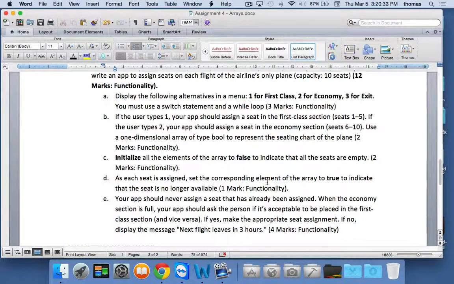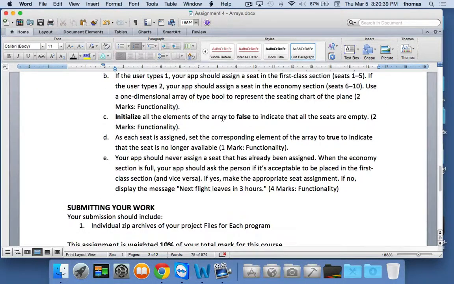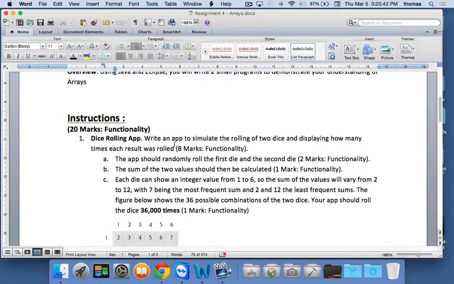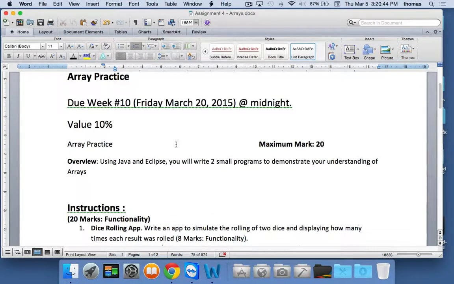If yes, make the appropriate seat assignment. If no, display the message "next flight leaves in 3 hours." 4 marks. So at the end of the day, you need to do both these little apps. All right, I want them to be separate. I don't want them to be in the same project, right? So basically 2 little sub-projects of this assignment number 4. Hand them in